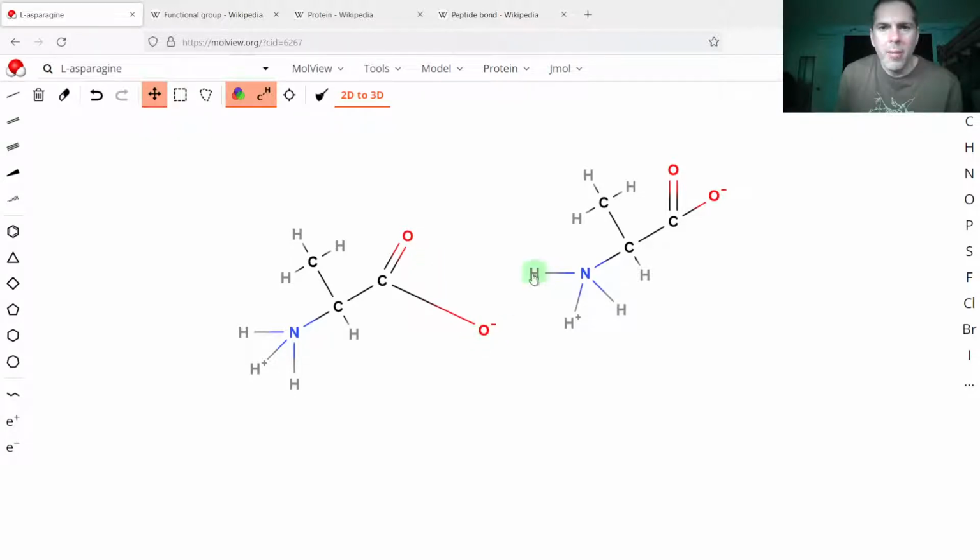this oxygen here is going to be separated from the amino acids, and this nitrogen here will form a bond with that carbon. So I think it probably loses its charge once it forms that bond there. I'm not sure about that, but you can see that we've connected the two amino acids and removed a water molecule.